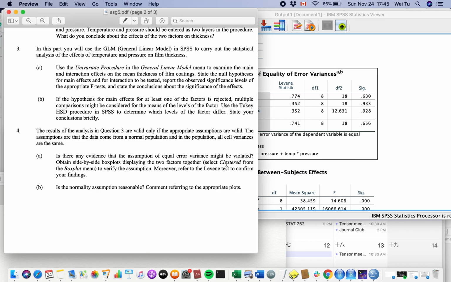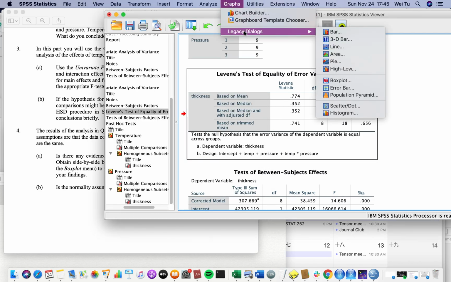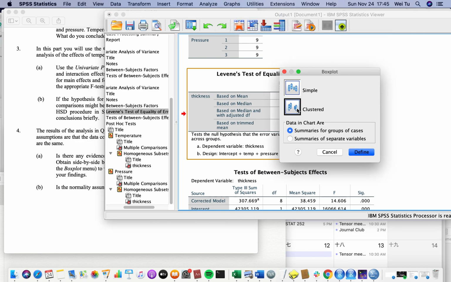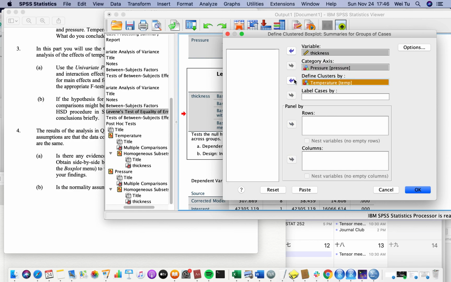It also asks for a box plot. Okay, so if we do a cluster box plot, let's do Legacy Dialogs again. Legacy Dialogs and then box plot, and then let's do cluster because we have both factors. And then the variable is the thickness. Category, let's put temperature, because we previously were putting pressure as category. Temperature and